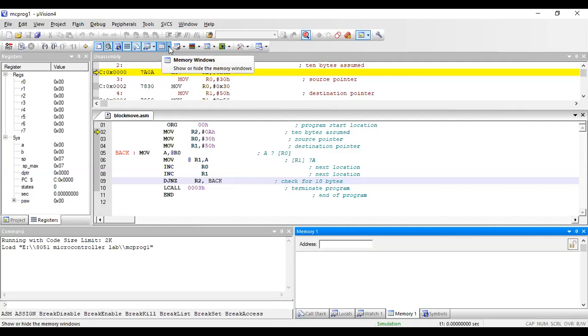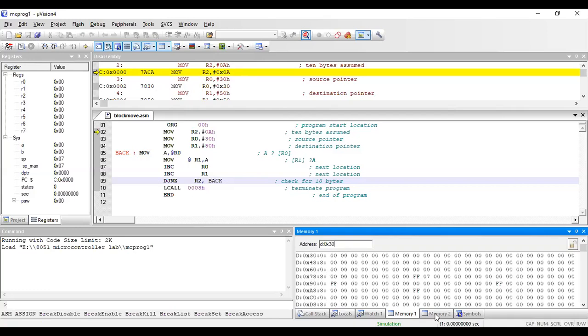So here, the down arrow, if you click, you will be getting the memory window. I have already one memory window. I'll be taking the second memory window, right? So what will I do? In memory window 1, right bottom, you can see that memory 1 is there in the blue panel, right? In that, address is there. I'll be specifying the address as I'm using the data segment for entering my block. So it is D colon 0x30. That is my source location.